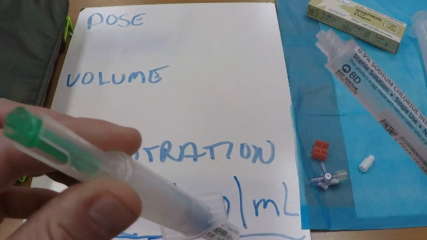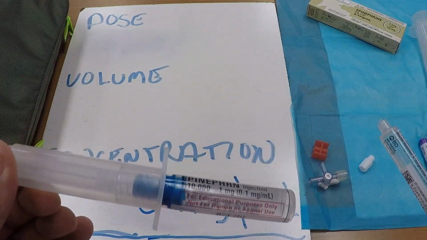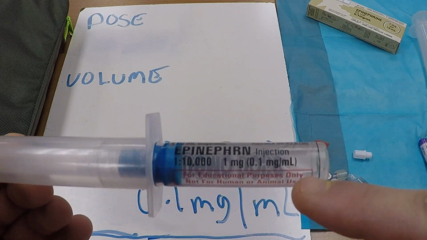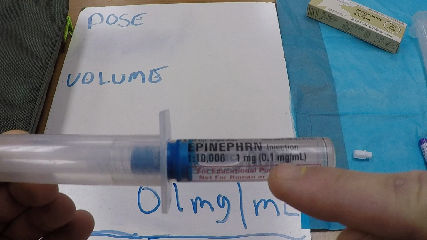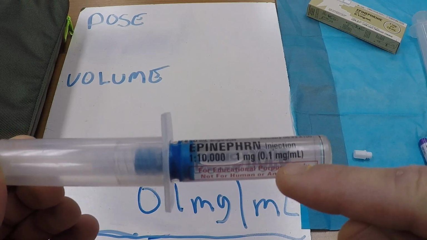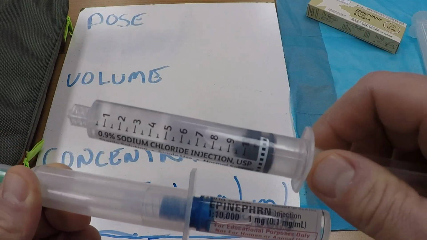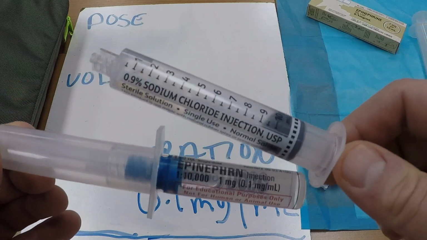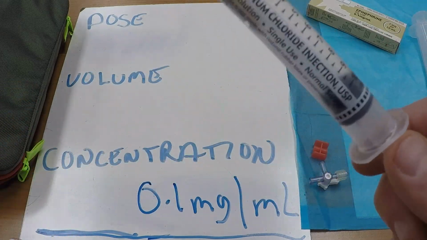And then we can take our 1 milliliter of epinephrine, which we know from the concentration is 0.1 milligrams per milliliter. So if we inject 1 milliliter into this 9 milliliter saline flush and agitate it,